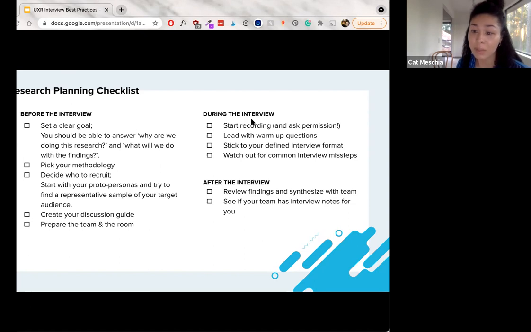And then lastly, as a personal growth opportunity, see if your team has interview notes for you. The common interview missteps that I'll be reviewing are very, very hard to catch yourself as you're doing them. So use your team. They probably will be like, yeah, got you. They're already observing you. It's not going to be a ton of extra lift on their part, and it builds a great culture of feedback.